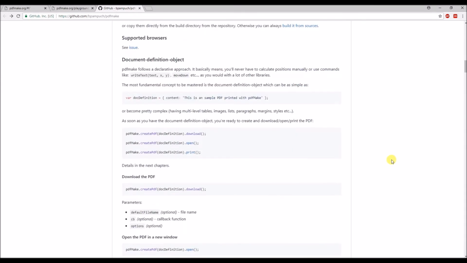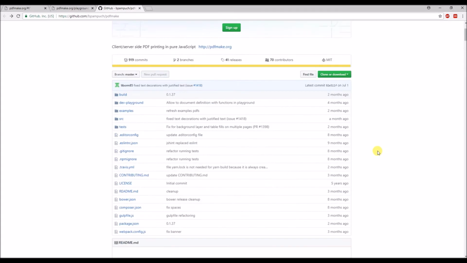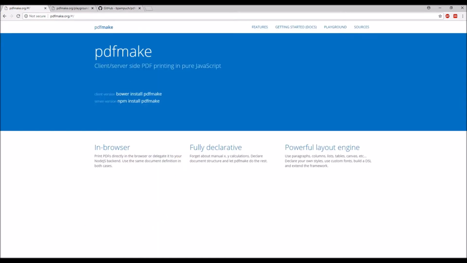require PDFmake method is kind of buggy. I tried to use it, but the way in which the code turns out is not very clean. And I figured out that if we simply download the source files and then use them directly like we do in the client browser, then also the code works just fine. So, and the code is also very clean, it's pretty easy to understand. So yeah, let's just move to the